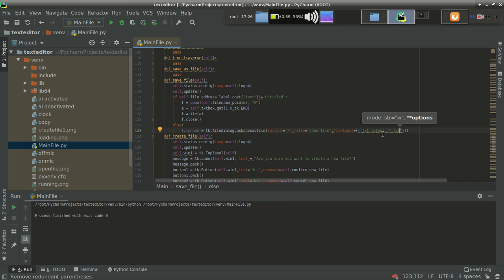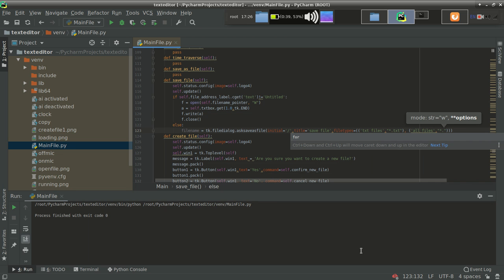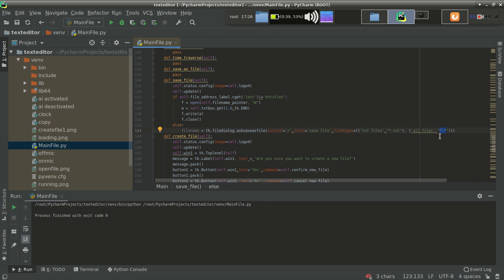Txt files, .txt, and then here I will specify all files. Again the extension should be dot then star. It is somewhat equal to regex, if you remember, somewhat equivalent.